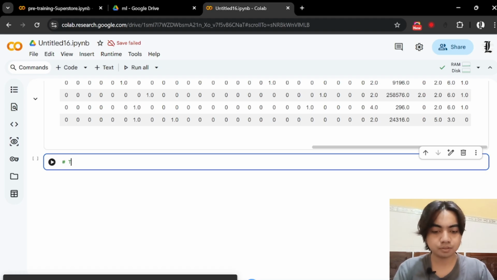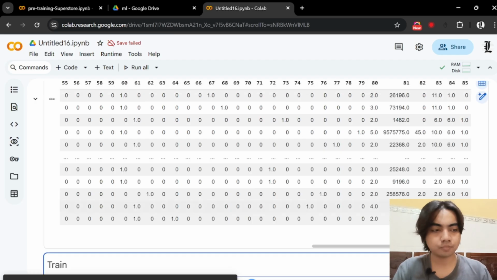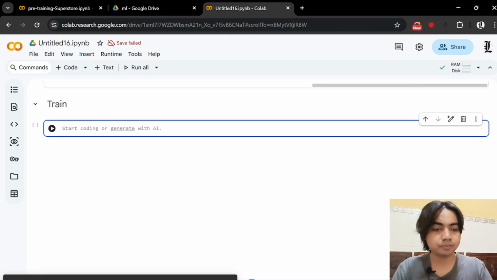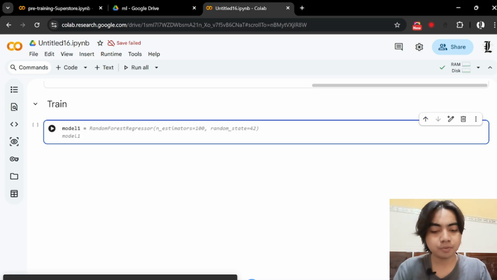Let's train like that, and then let's make it, okay, something like that. Okay, so first of all, let's create the model 1, and the model is going to be random